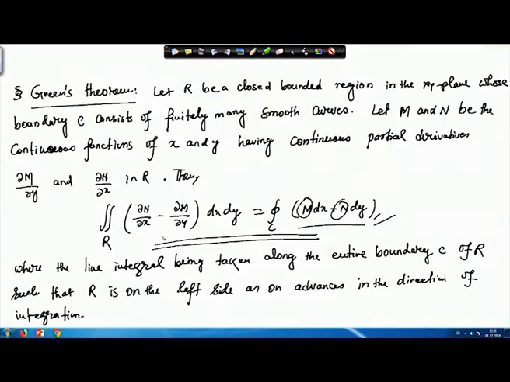The thing is, why do we have to study these theorems like Green's theorem, Gauss theorem or Stokes theorem? You can see that on the left hand side you have a surface integral, but on the right hand side you have a line integral. Sometimes it is not easy to evaluate this line integral, and if your M and N have continuous partial derivatives, then you can just take their partial derivatives and evaluate the surface integral, and most of the time it becomes a very simple expression. Or you have a surface integral and it has a complicated